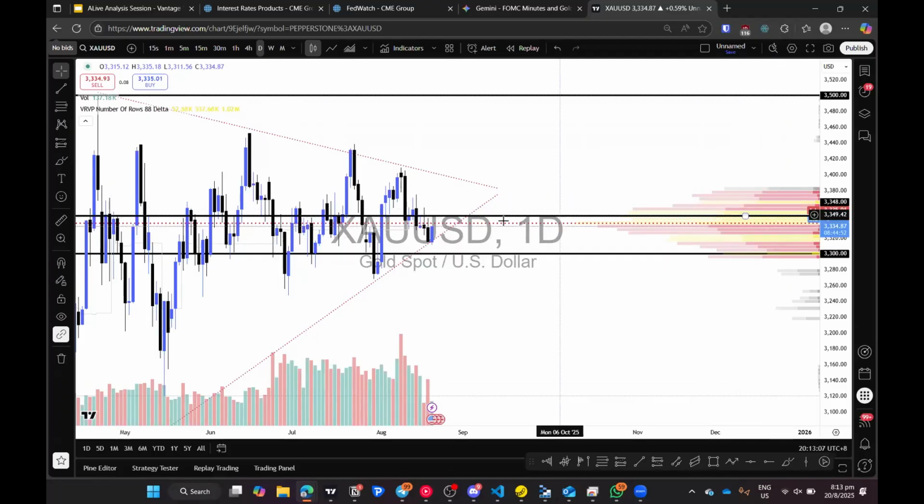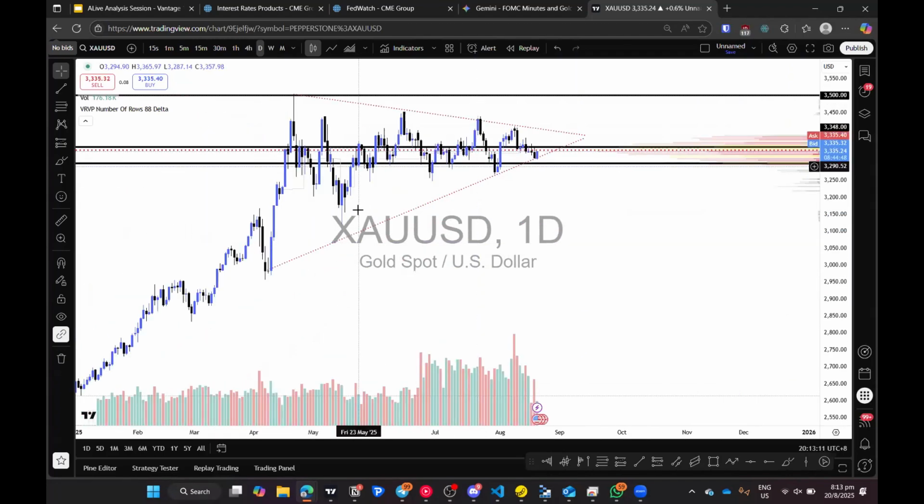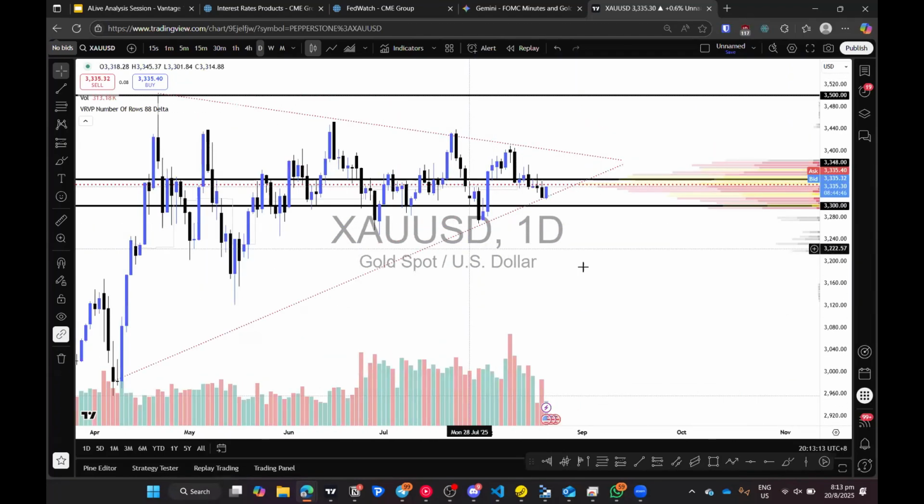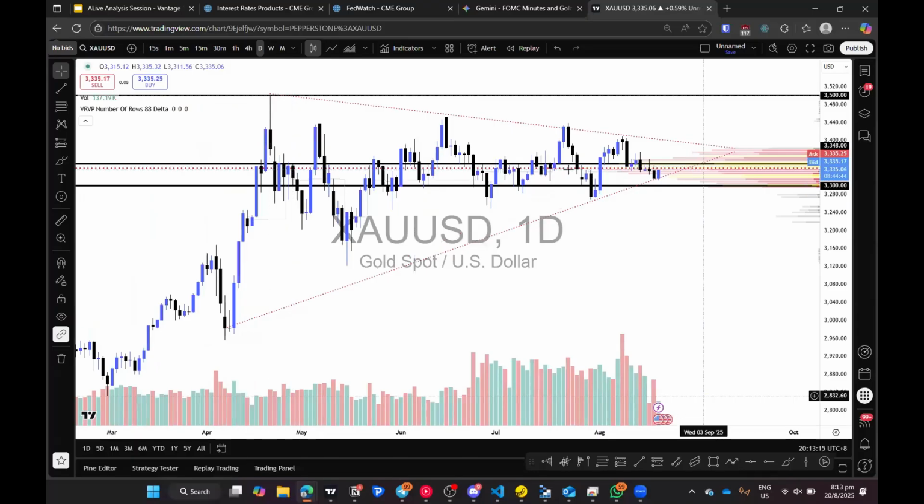But with this VP, visible range volume profile, we are looking at the amount of volume at every price range. Okay, so we're coming into the region where you see the maximum amount of transaction, which makes sense because of the upcoming news. So you'll probably be coming into here where the majority of the transactions are going to happen. And then once the news has been announced, we'll probably see a strong move to either side of the market.